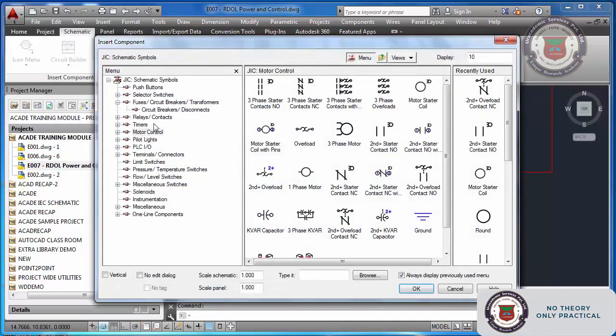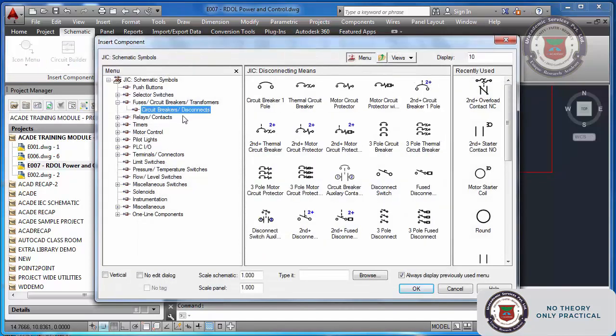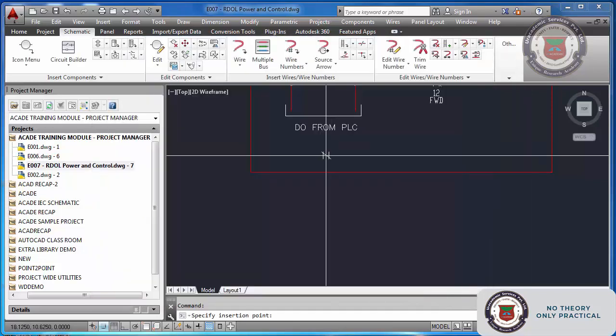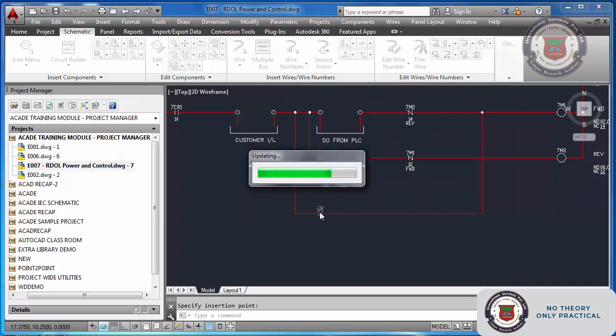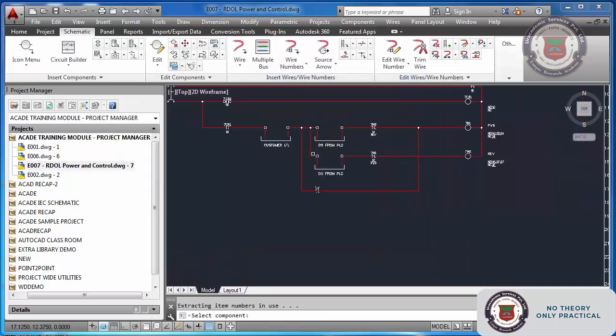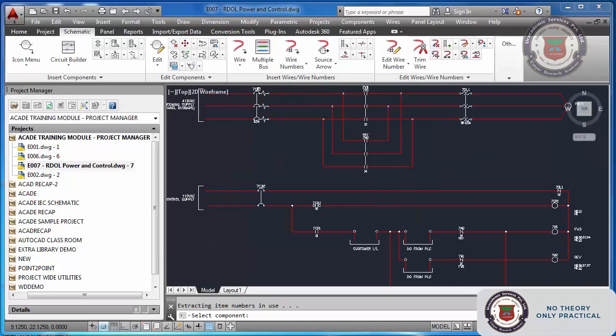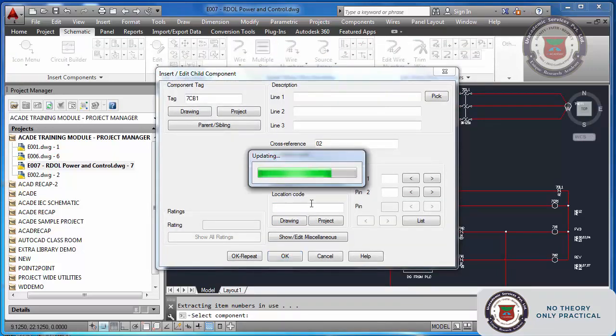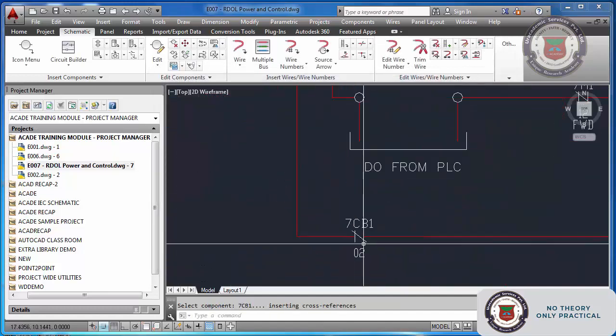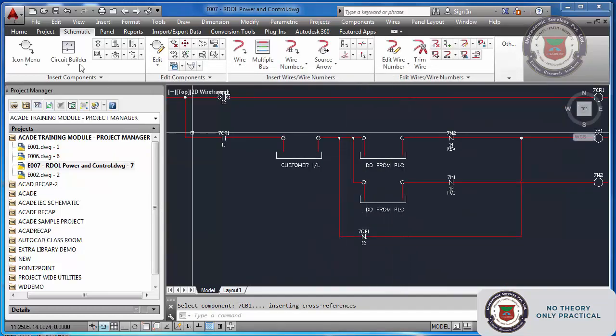Insert circuit breaker. Here you will find NO. I'm not getting NC here, so I will just put a relay NC there. Okay, and I put a relay NC here. Parent, I will select this one only. Okay, 7CB1. It will get updated. So 7CB1, I have inserted one NC here.